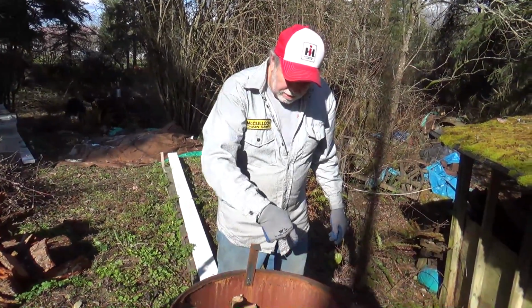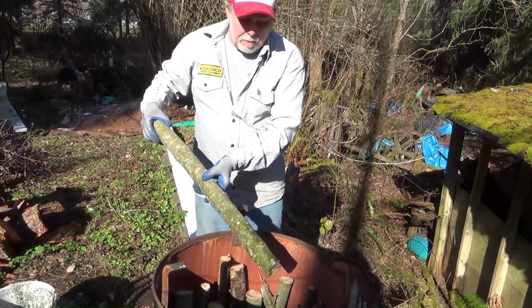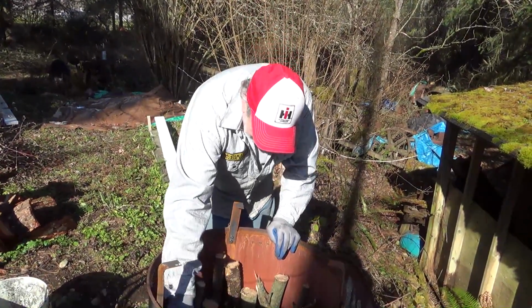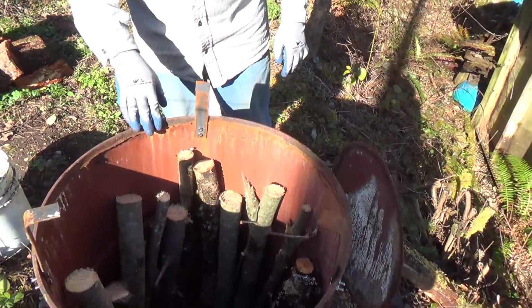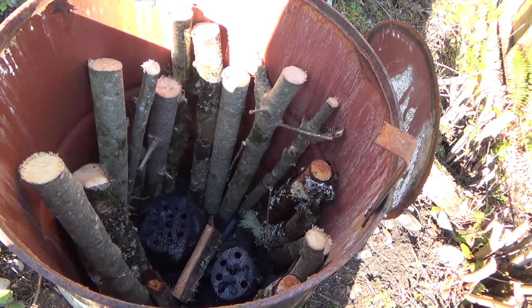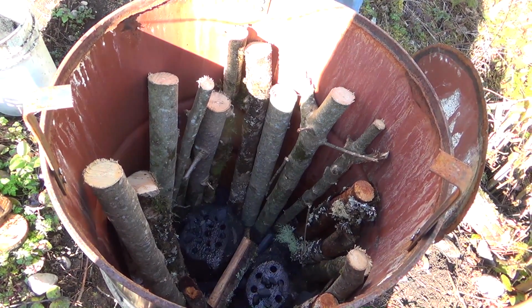Okay, well, we've got the branches around the perimeter here. What that does, we've got charcoal on the bottom and then the branches like this around the perimeter. It burns from the bottom up, and when it gets hot here, it refracts the heat back onto the stumps. Let's come over and take a look here. You can see we put some small wood in between these and some charcoal underneath it to get it going really good. So what we're going to do now is dump some more charcoal just to cover this, and then